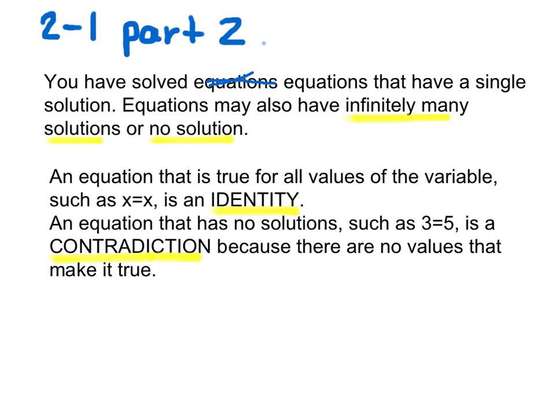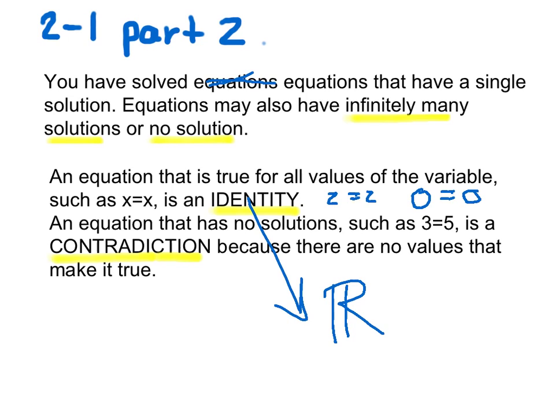You have solved equations that have a single solution, which is like x equals 2 or something of that nature. Equations may also have infinitely many solutions or no solution. An equation that is true for all values of the variable, if you get something like x equals x, or even if you end up with something like 2 equals 2, something equals something, it's called an identity. And what we can write for an answer for that is